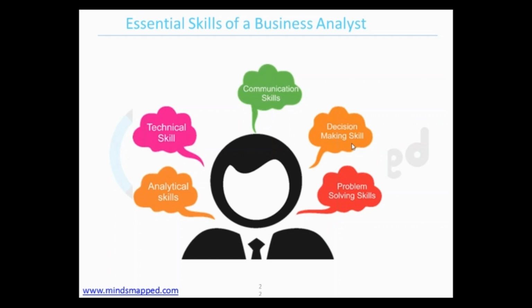Okay, so then there is decision making skill. Why is decision making skill needed? Decision making skill helps you prioritize the requirements: what is needed first, what is needed next. And then there is problem solving skill. If there is some issue going on, how to solve it, and how to get the information right at the first place to the development team and the testing team. It is more of a facilitating or coordinating role with the other team members.